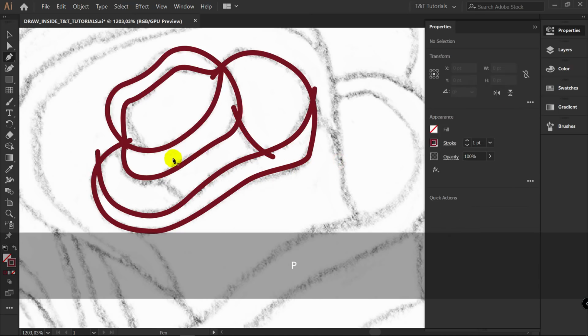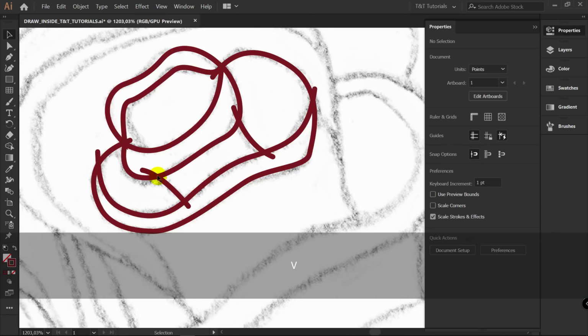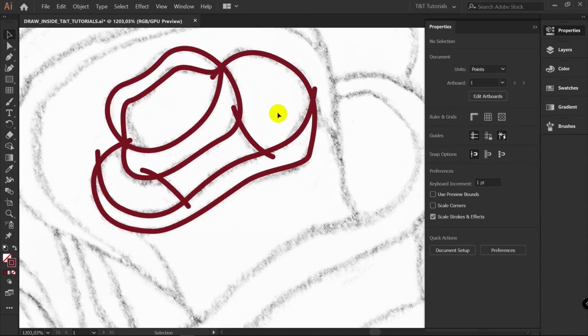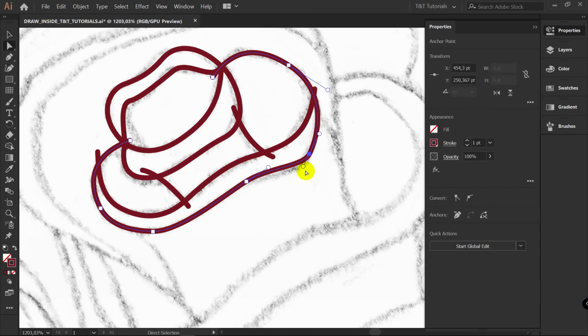You will redraw the sketch like this, with constant overlapping. The next step will be cutting all unnecessary lines, and this step will be very fast also. So now, as I told you, you should concentrate on the design of your lines, on their overall look. A for direct selection tool,